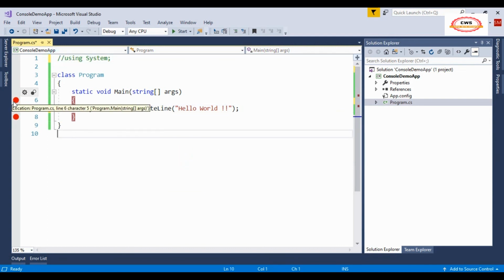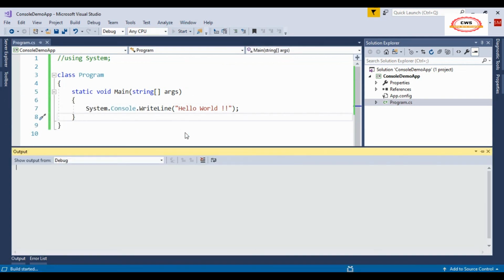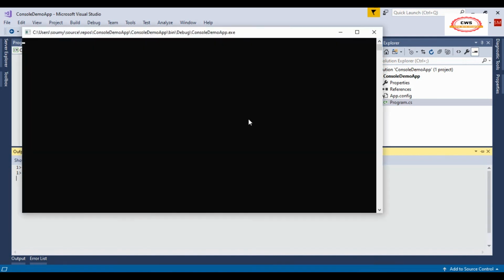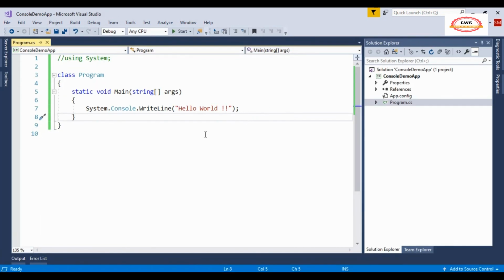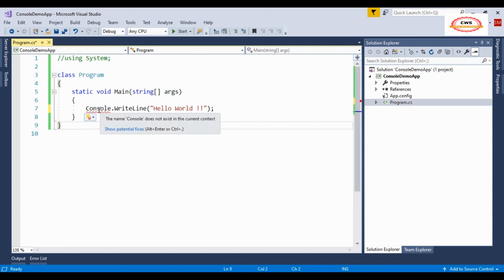Then if you run the application, it will run without any issues. But if we remove this namespace, you can see that console will give an error.